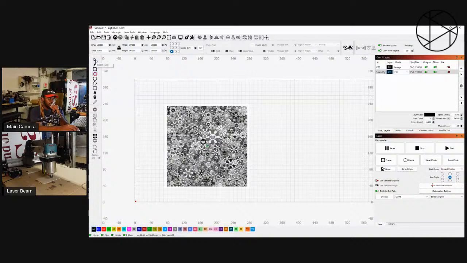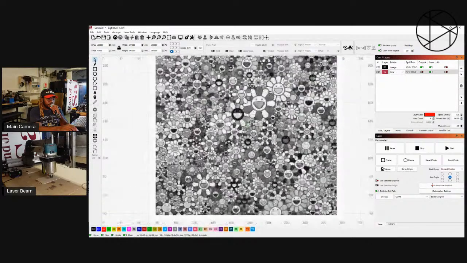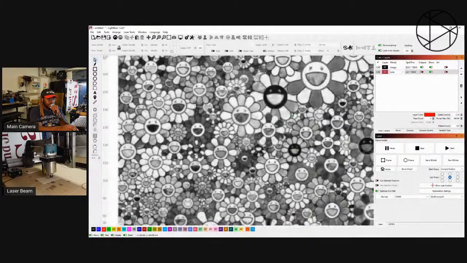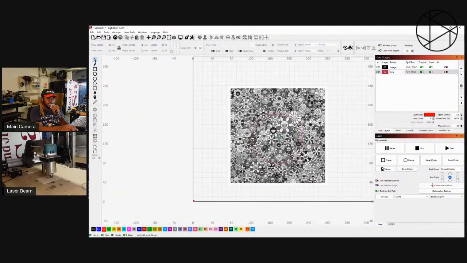So I'm going to click back on the select tool and highlight it. And then I'm going to make it red. So it still might be a little bit hard to see, but there is a red circle here. And we can see that now we have a different option for our cuts and layers. We have red. So now I'm using it to size up my image and to crop out everything that's not the circle, so that when I'm engraving,